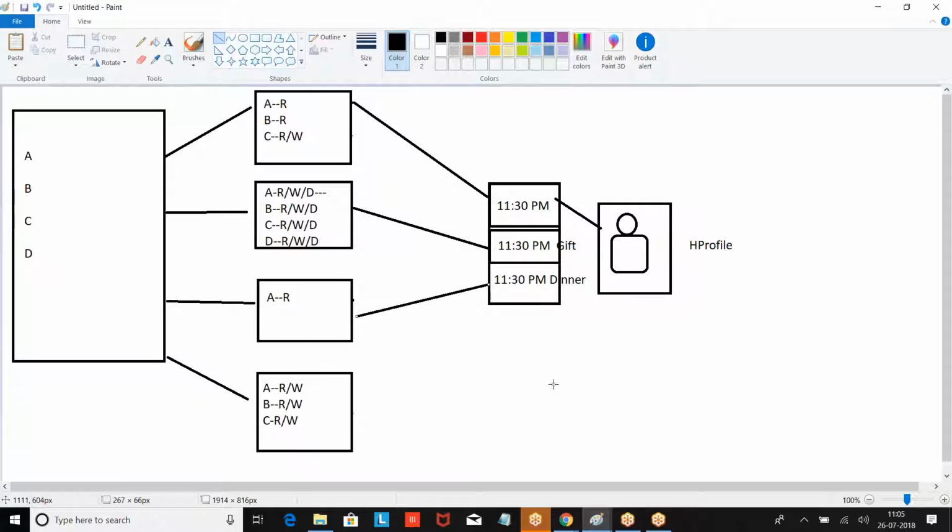Record type. So what are these three called? They are called record type. When are you going for record type? When you want to give different views on the same object for the same person. For this person, I want to show the same object in three different ways. For the same profile, if you want to show the same object in more than one format, we will go for a concept called record type.